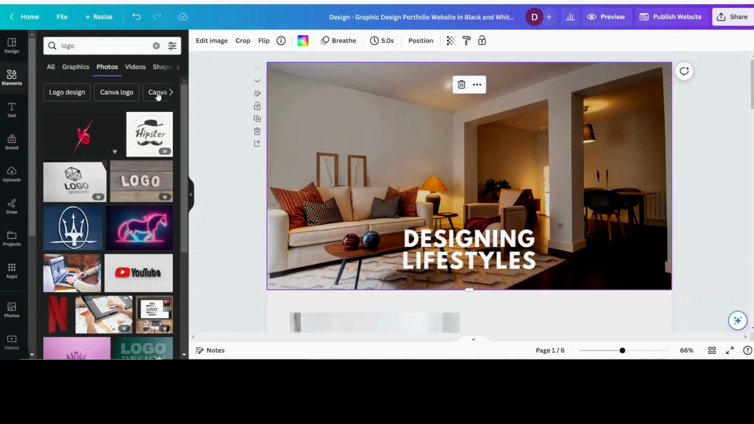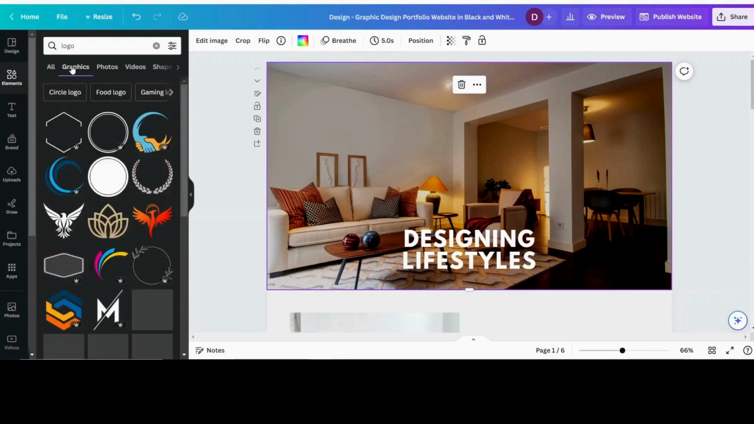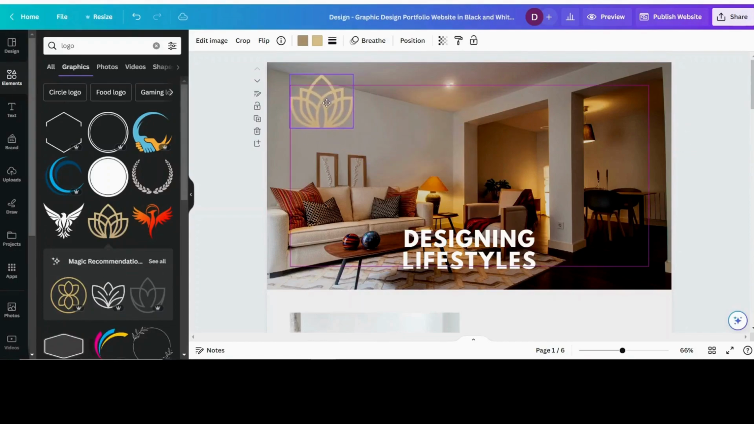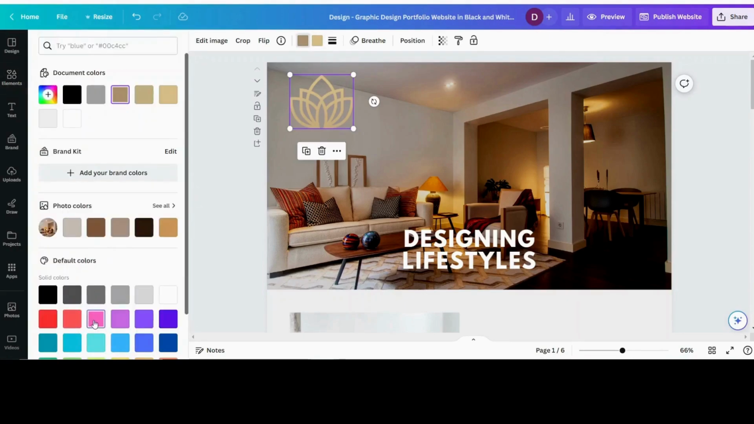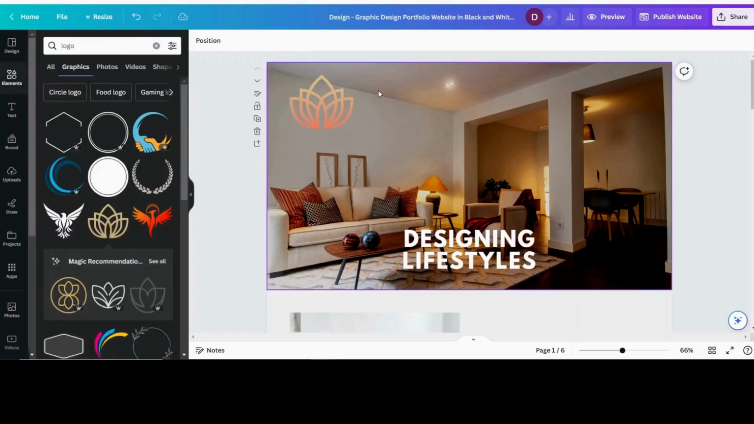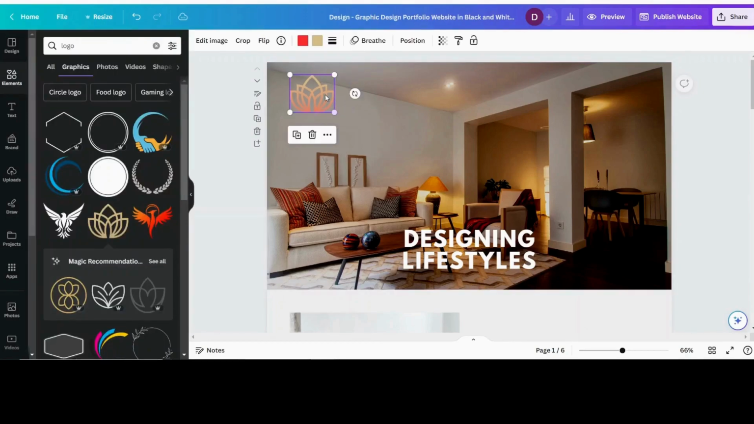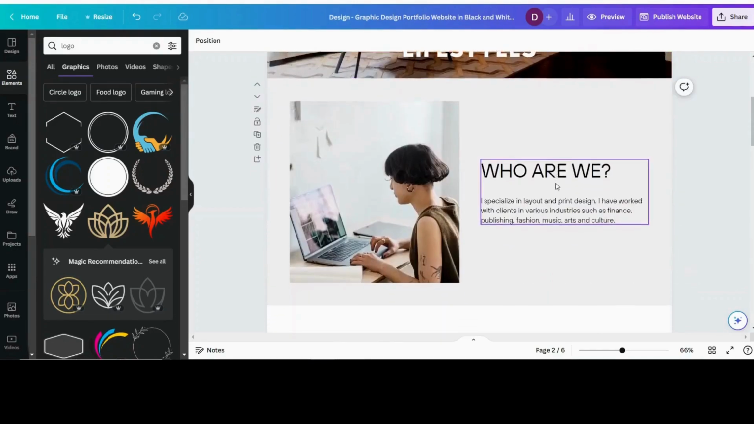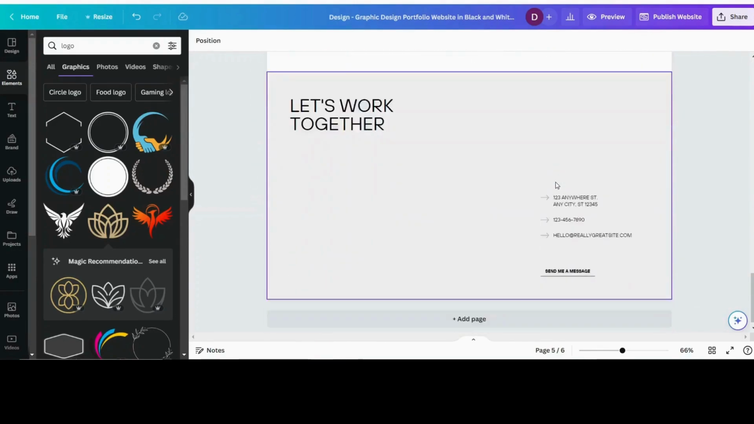Let's look for something that's graphic. Maybe that's your logo. And you can have it there, and some of them can be editable. So maybe you want to change the colors. And you can change it around. Okay, so this is a fairly simple website. And